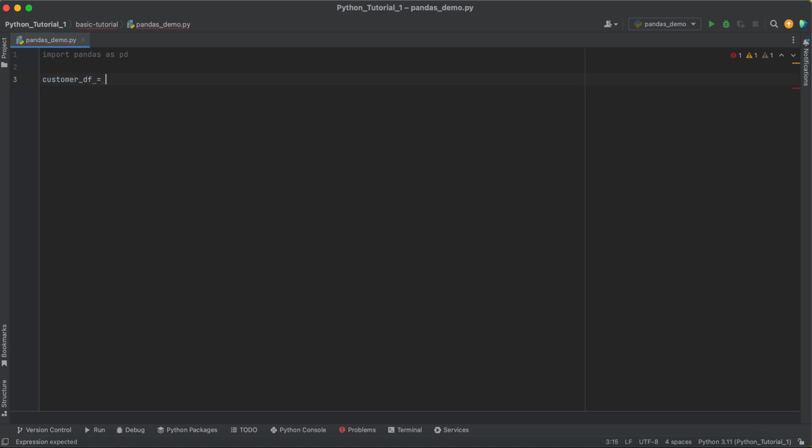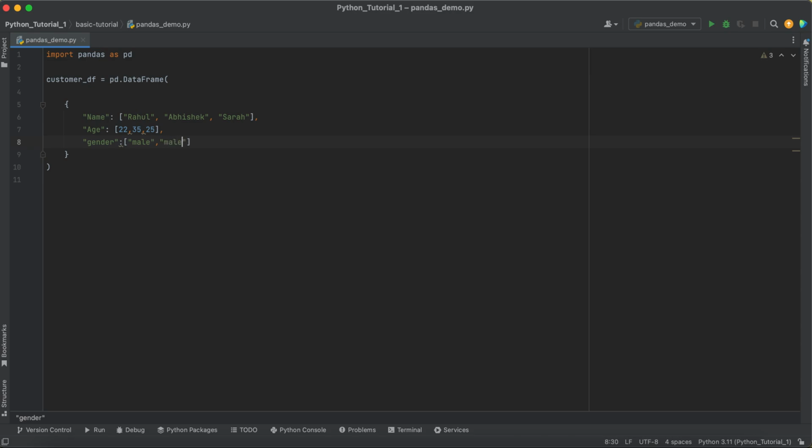data frame. And this is how you create any data frame in pandas. You use pd.DataFrame, and in this you provide whatever data you wanted to provide. Let's say we wanted to provide a Python dictionary, and in that, let's say I wanted to have some customer data. So the first column would be, let's say, name, and let me just give some random names, Abhishek, and let's create another column as age, maybe 22, 35, 25, any number you can give. And let's say we have the third column as gender, and gender, let's say